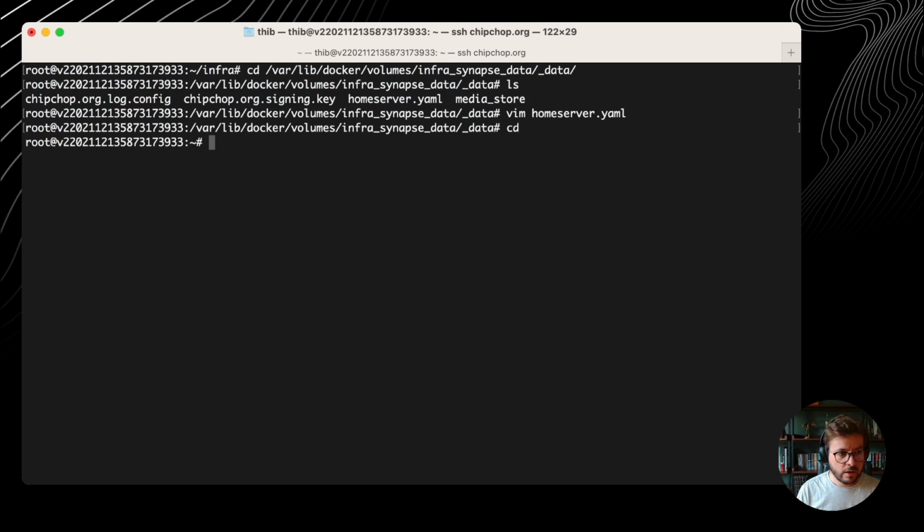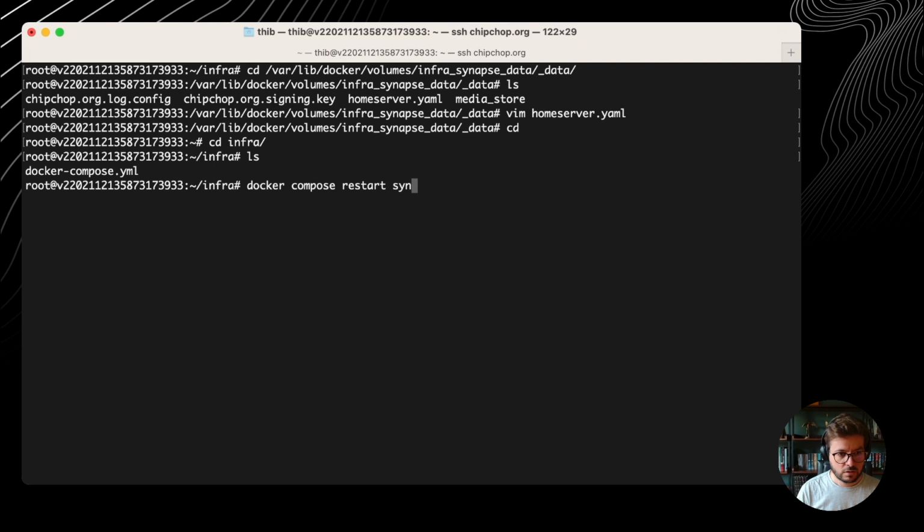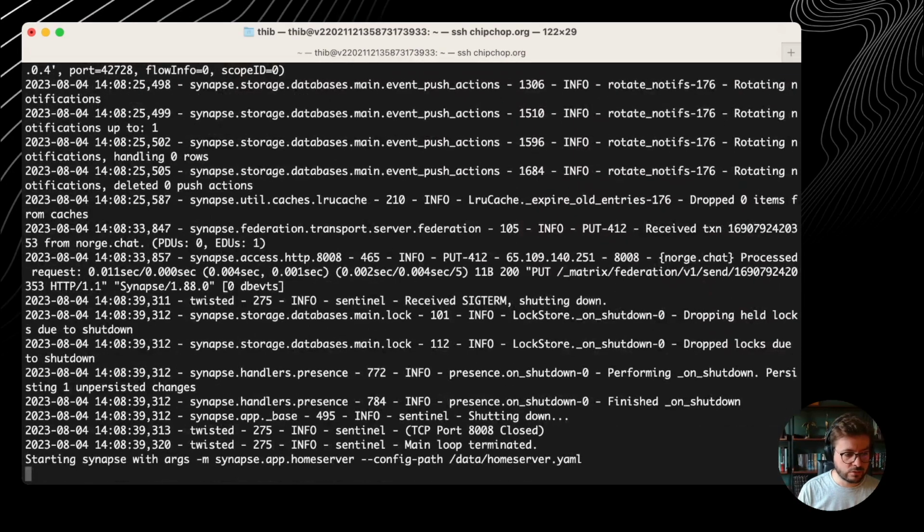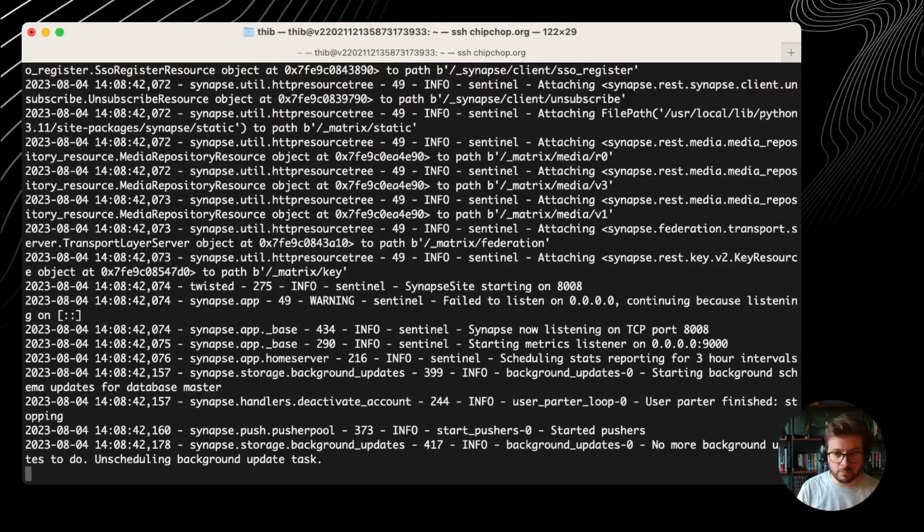All right, I can get back to my folder where I have Docker Compose, and I can do a docker compose restart synapse and logs synapse 1. Okay, so it's restarting Synapse, and I'm checking the logs because it can be very easy to mess up the configuration file, in which case Synapse is not going to start. Okay, so Synapse seems to be functioning correctly,